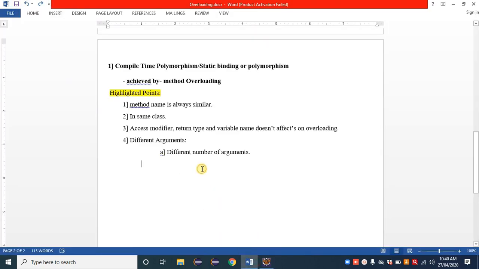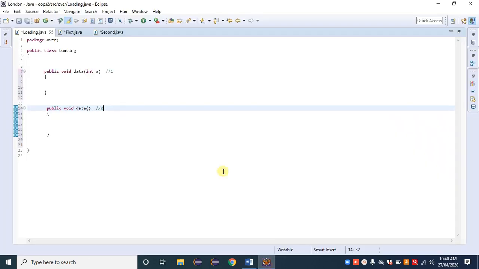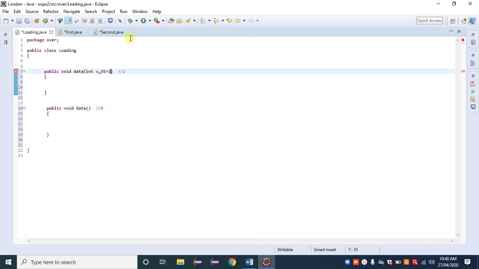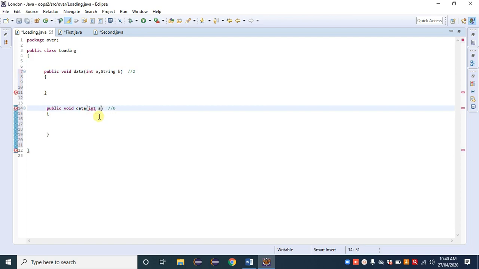The second way we have is a different sequence of arguments. If the first condition is not possible, we can go with the second condition. Suppose here int A is available and here string B is available. Right now there are 2 arguments, and again I need 2 arguments as per my project requirement: int A and string B. We know that A, B doesn't affect, so we can take anything, here I am taking C. So here are 2 arguments and here are 2 arguments.